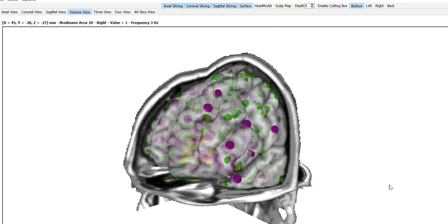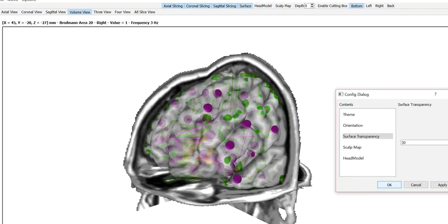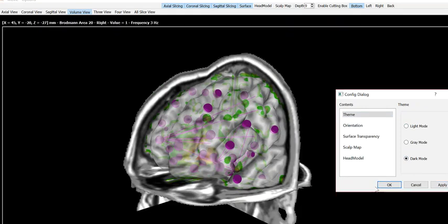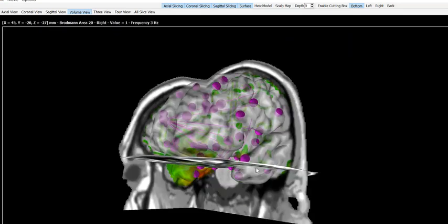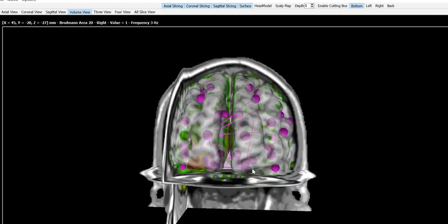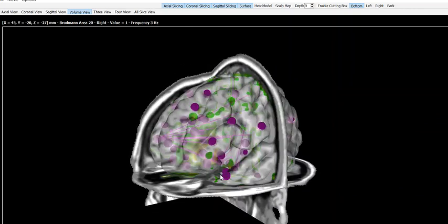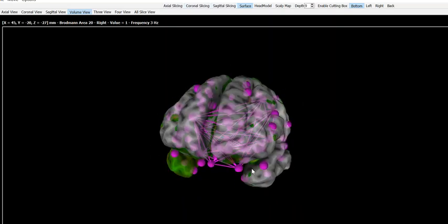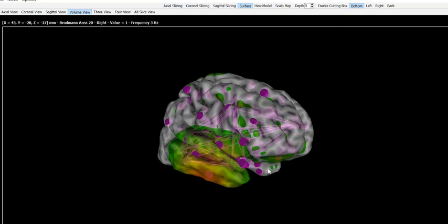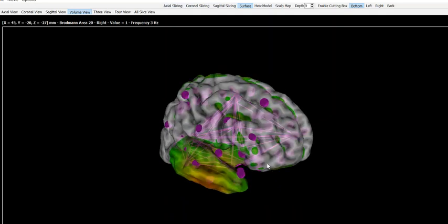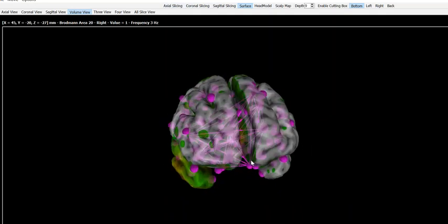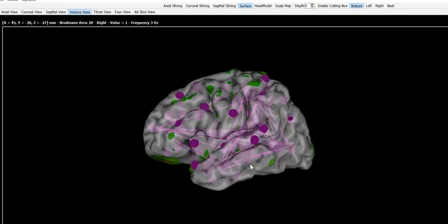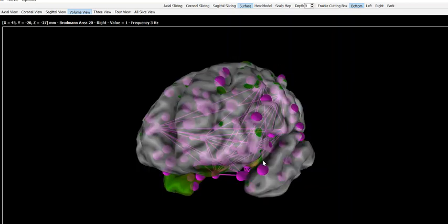This is the cutting tools showing the volume and the connectivity. Now we've got different themes. Ernesto's going to change it so it's a dark mode, which is quite interesting. It allows you to see the contour of the brain, scalp, and then the connectivity inside the brain with these different nodes and lines between the nodes, showing the